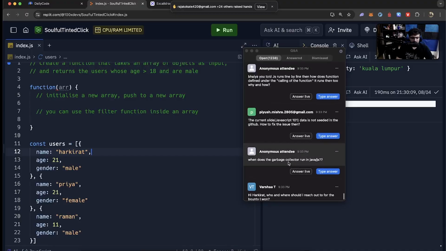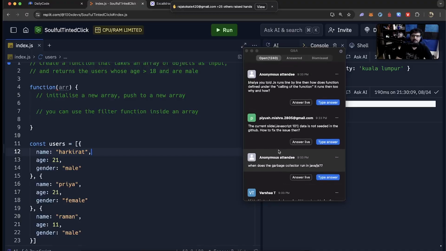When does garbage collector run in JavaScript? So in JavaScript, there's this whole, I read through this when I was going through Rust. How does garbage collection actually work? And in the Bangalore quiz, we had some algorithm. What is it called? Sweeping something algorithm that is used for garbage collection in Java. So from what I understood, it maintains a tree, and as functions execute and variables become unused, for example, any variable you define here, as soon as this function exits, that variable is no longer needed.